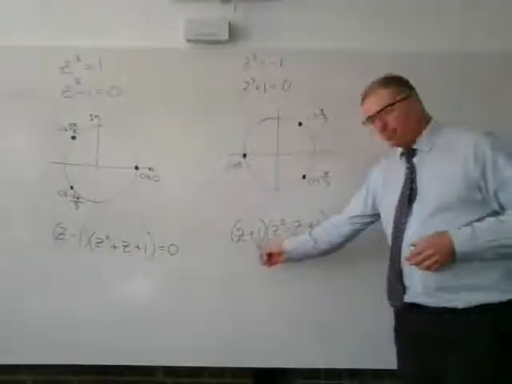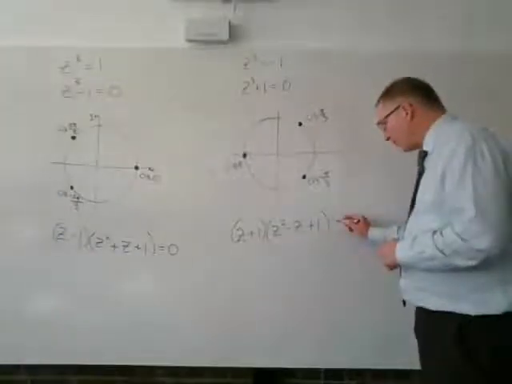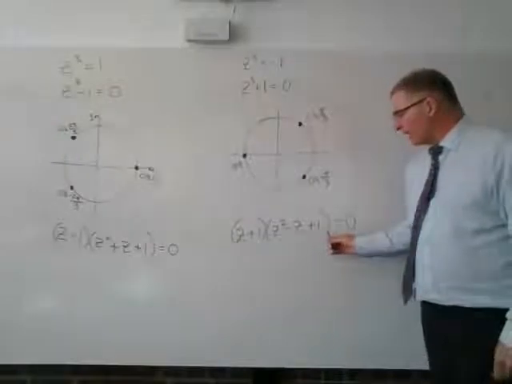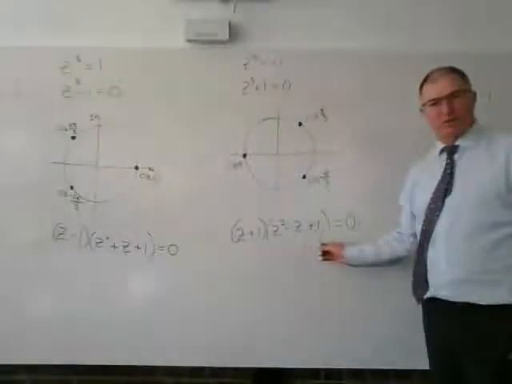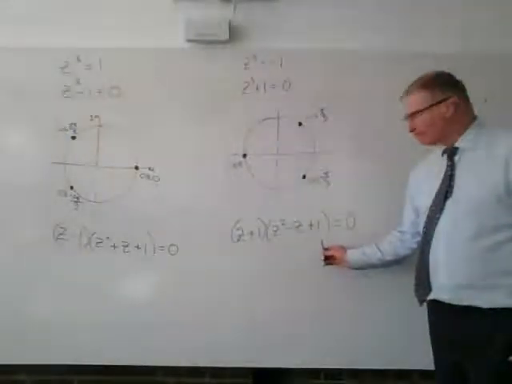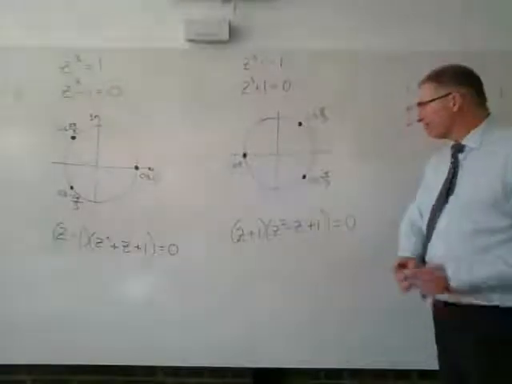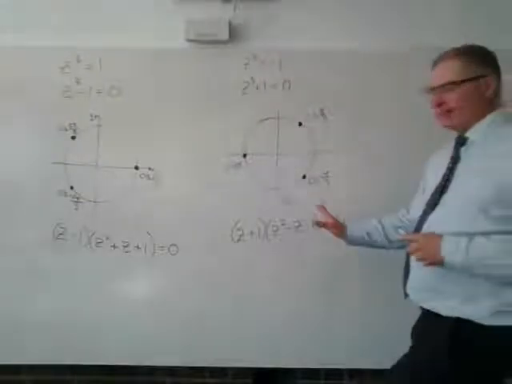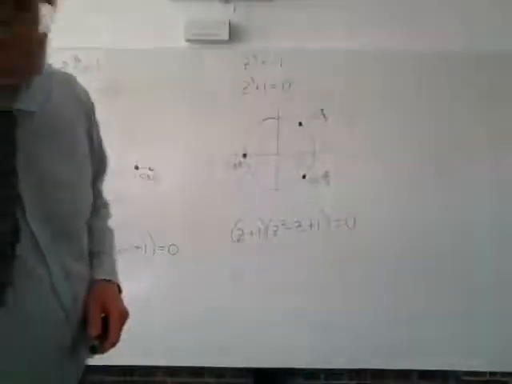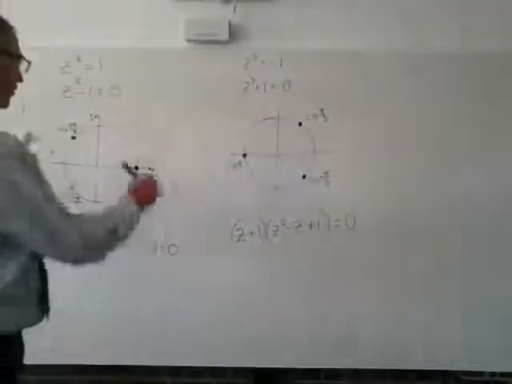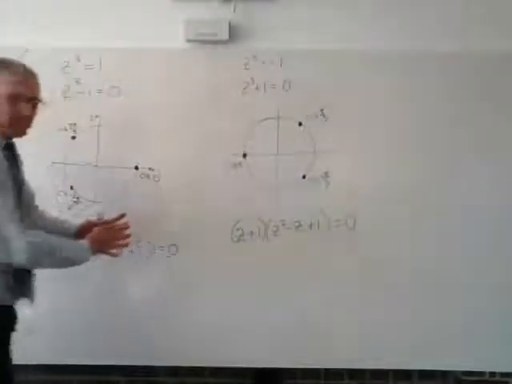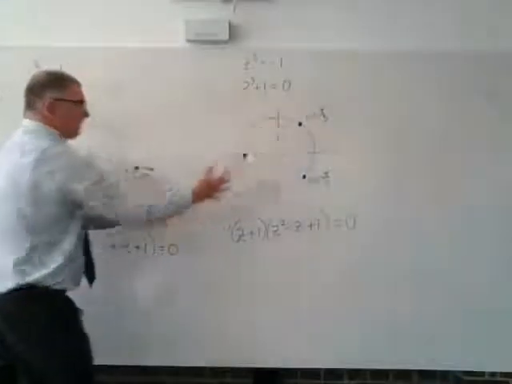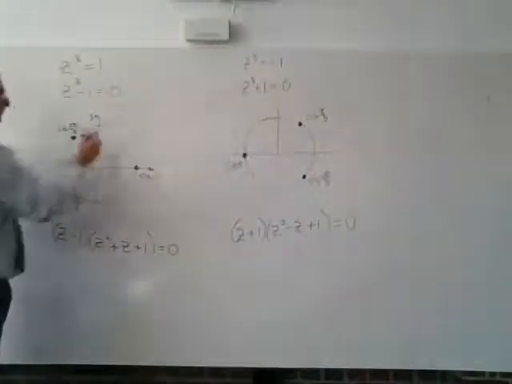And this will give me my real root if I put that equal to 0, my real root of -1. And my complex roots will be solutions to this quadratic here. Another interesting thing to note before I erase this is that these two can be put together into one diagram. If I bring this diagram over here and pop it on top of this one,